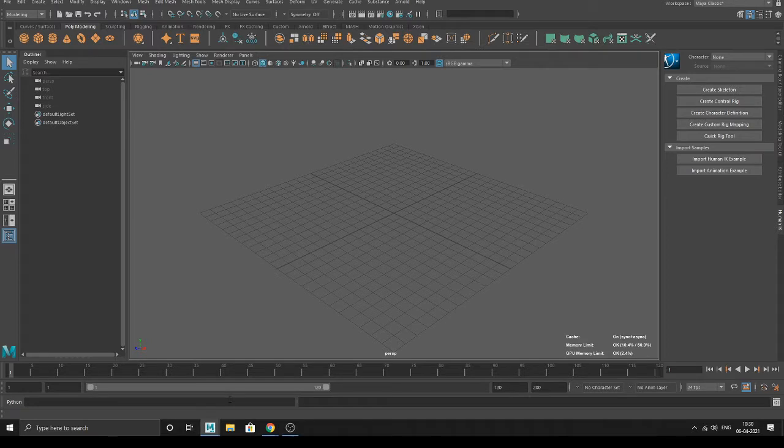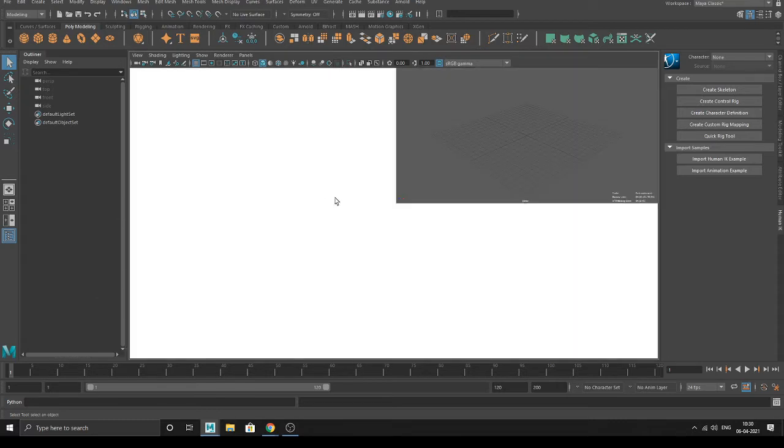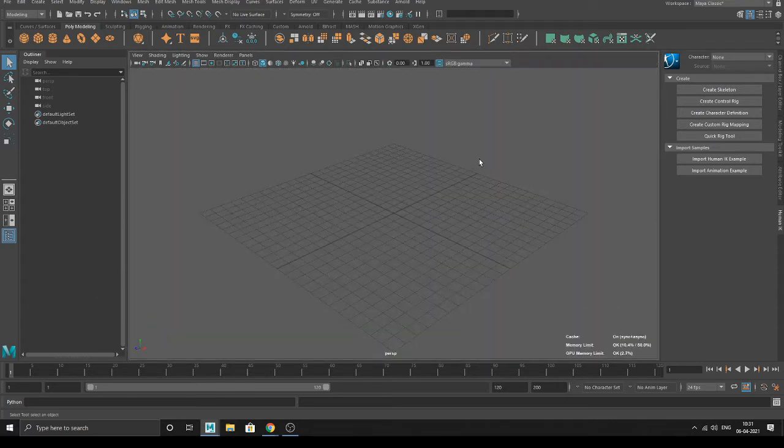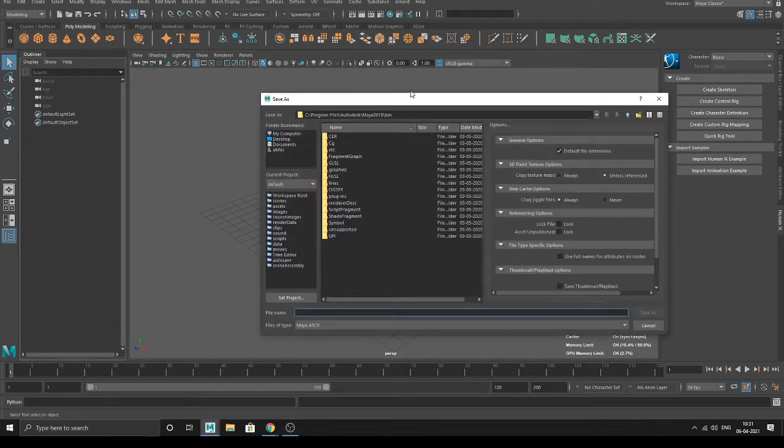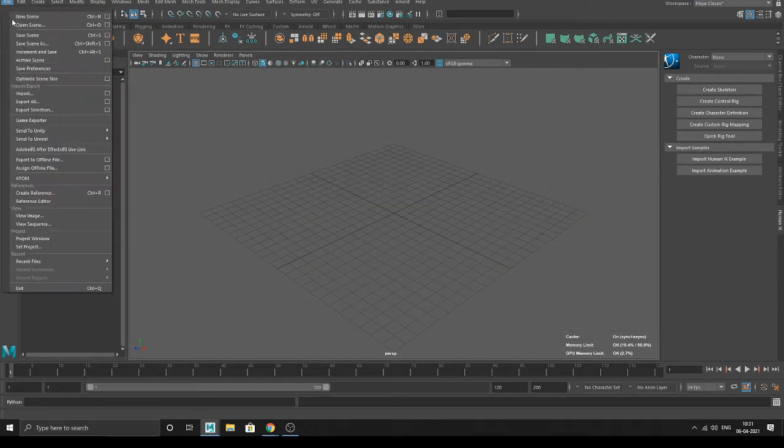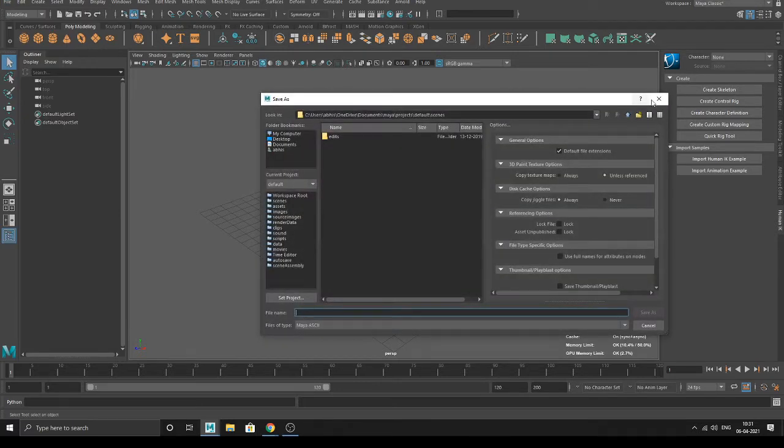So there are a few ways to start. But first, you have the reference, and now there are two ways. When we are making a single object, it is not necessary that we use that way. It is usually used when we are making a complete scene. I'll tell you what it is: it is a way to set the project. We can directly save the project like this, Control S, or from File, Save Scene As. It will directly save a Maya file over there.